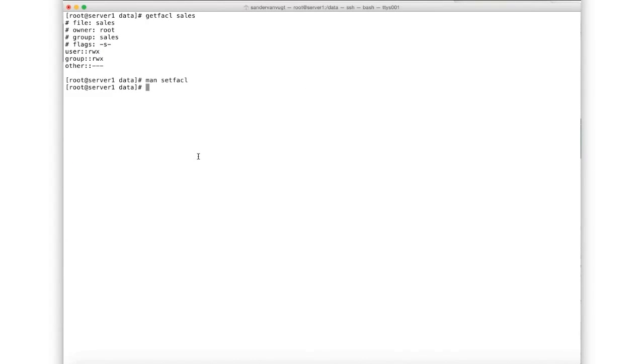Now let's do it, and let's create a situation where the group sales has read access to everything in the account directory. So in order to do that, we would have setfacl. I'm adding -R to make it recursive, -m to modify, g for group, and we have the sales group, which will get read and execute on the account directory. So let's have a look in the account directory, and let's do